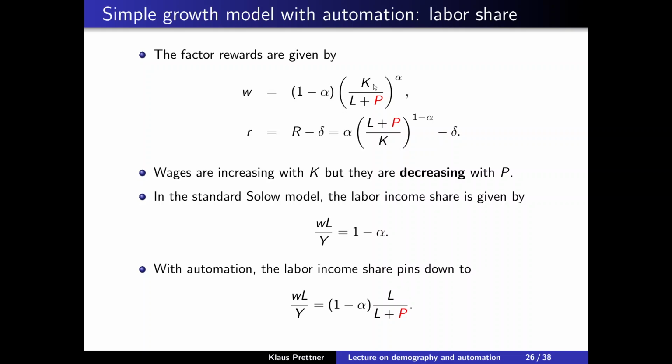If you have more assembly lines, you need to staff them, you need more workers, and that would lead to an upward pressure on wages. And if you have more workers, this would lead to a downward pressure on wages, and the opposite holds true with the return to capital. But now we have automation capital present, and this has exactly the opposite effect. Automation